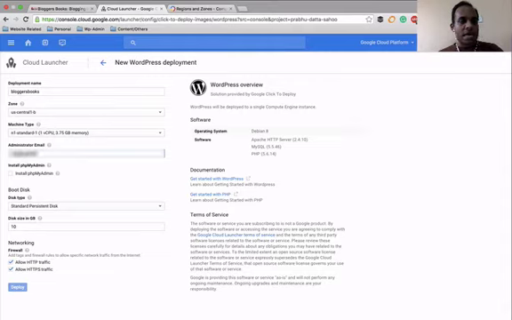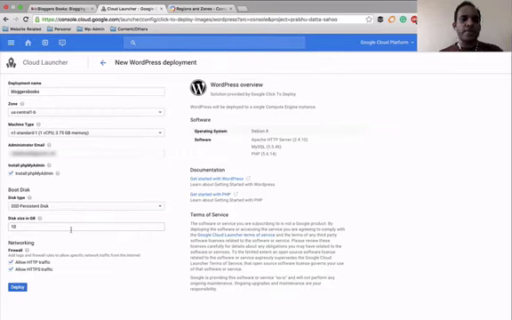So this is that, and here you have to give the administrative email. And since you are going to install WordPress, you're going to have phpMyAdmin, and you have to change this to SSD, and 10 GB for